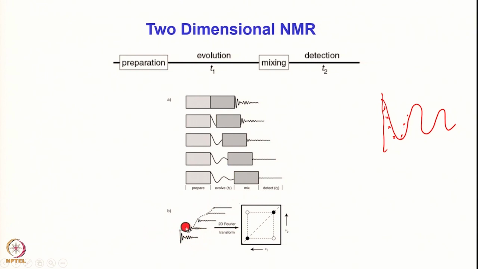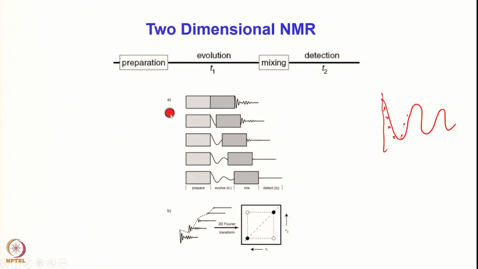Okay. Therefore you have so many FIDs. Each one of them is dependent on the value of this T1. Whatever the T1 value here, that will modulate the signal that is detected in this FID. So the FID you are collecting will be dependent on this time, because during this period the magnetization will be precessing in the transverse plane, going around in the transverse plane, okay. So therefore these will have frequency labels